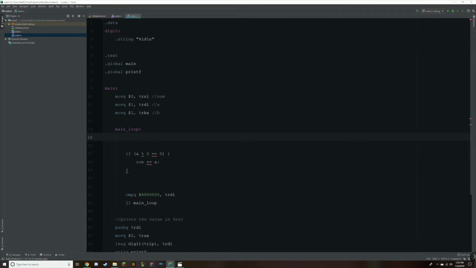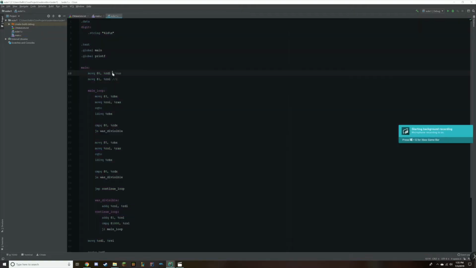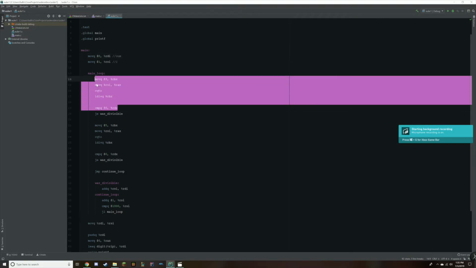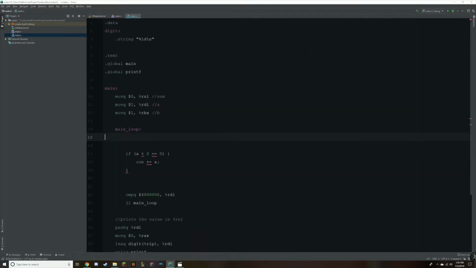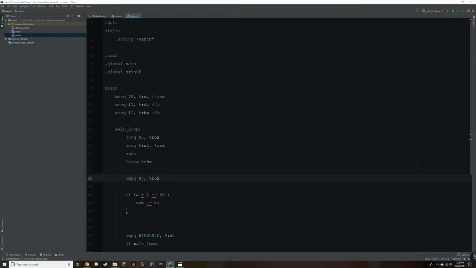So I actually still have that first program up. So we'll go right over there. Here it is. And I'm just going to borrow this part and I'll explain it again. When you're doing Project Euler problems, you'll probably find that a lot of code gets reused from problem to problem. So here we are. We're going to use, instead of RBX for division, we'll just use